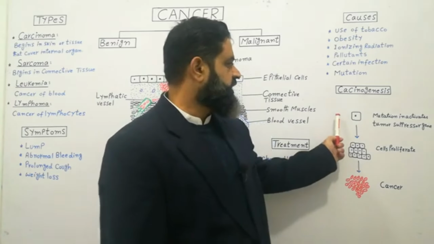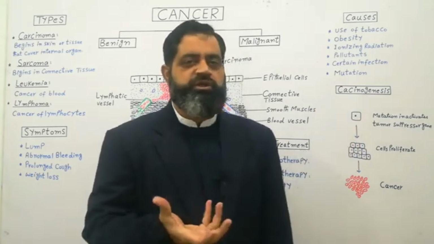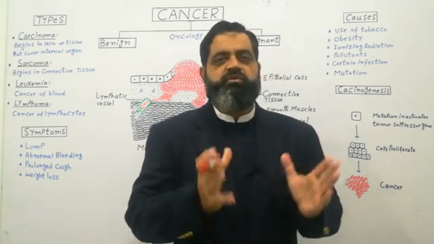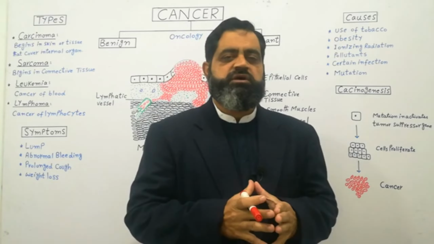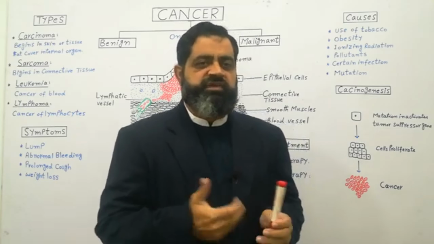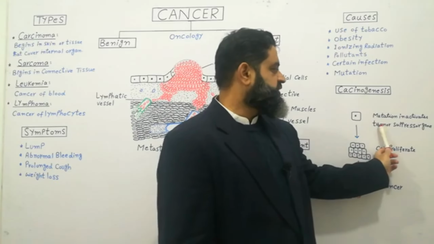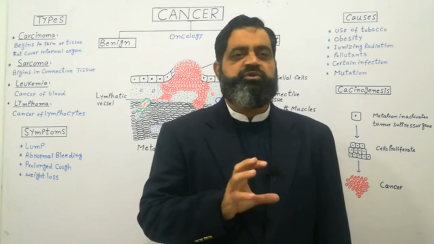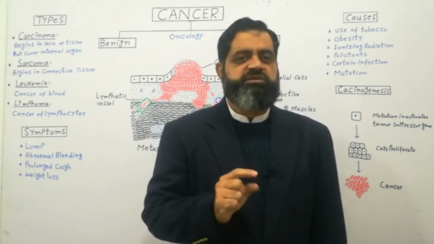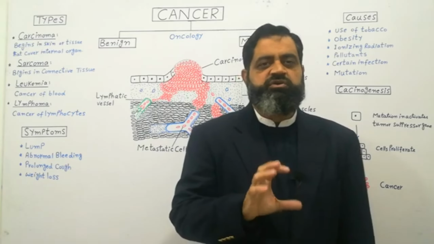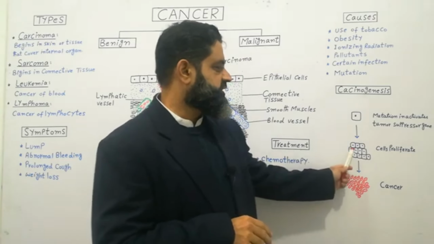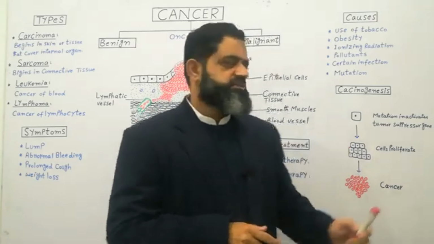First of all, we look at the cells. This is a cell of our normal body. This cell is bounded by basal lamina, and all around it are other body cells. The genes of these cells are mutated because of certain effects. Mutation inactivates the tumor suppressor gene. The genes which suppress the process of mitosis or tumor production are inactivated, and this cell starts to divide by mitosis. The checks on mitosis have been inactivated. In this way, these cells proliferate and increase in number.